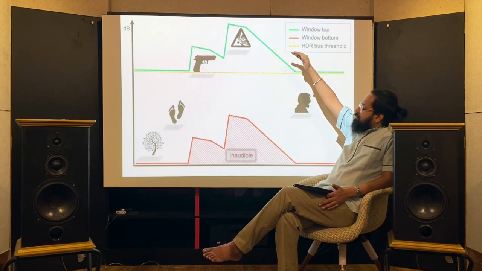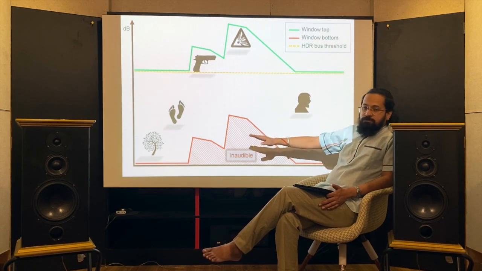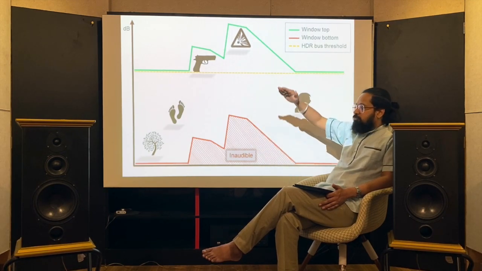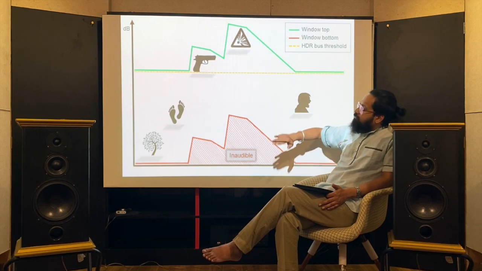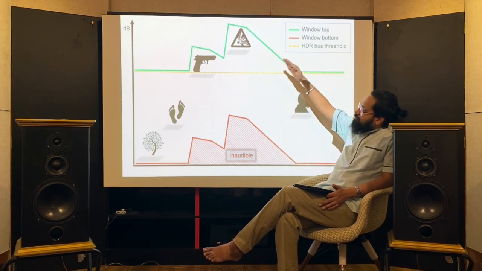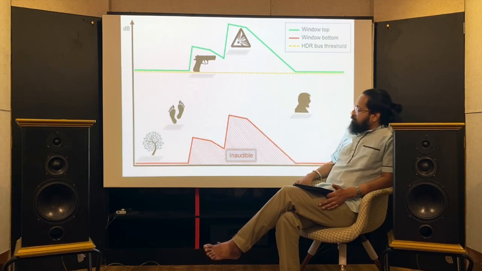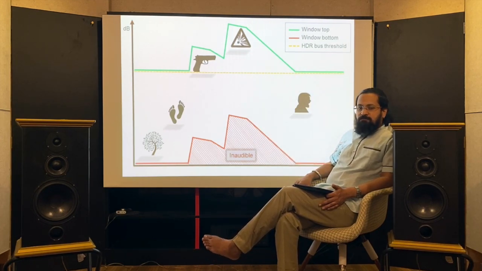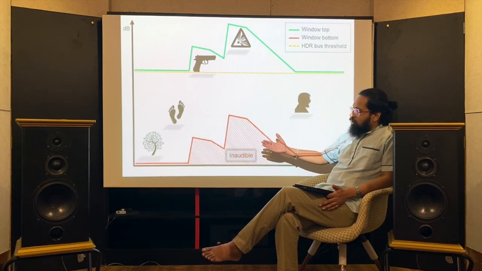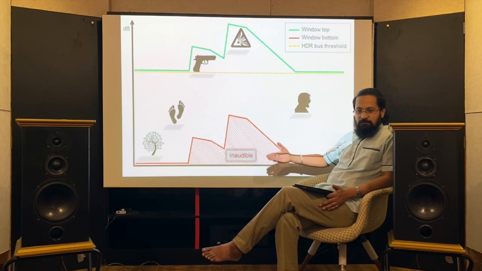So not all the sounds that we listen to every day are at the same level. Some of them are very low, some of them are very high, some of them occupy this entire gray space in between them. Some sounds are sometimes even inaudible. For example, when an ant is screeching, you wouldn't be able to hear it at all. It is so low that it is probably below 20 decibels.